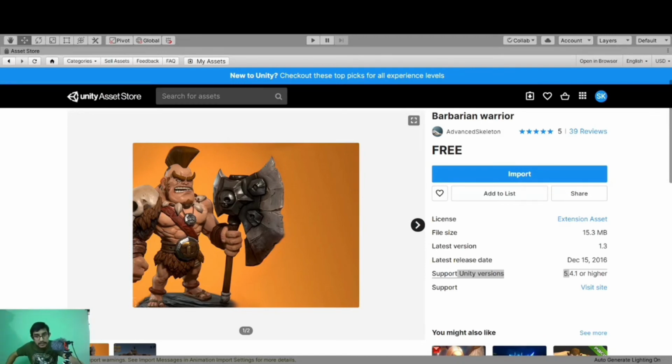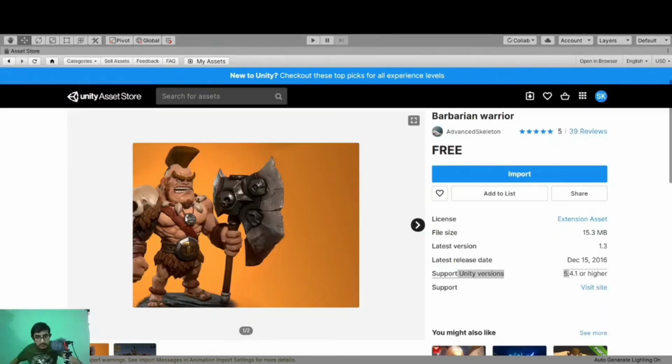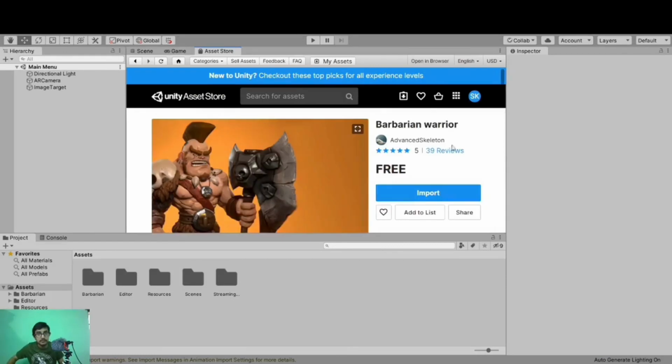So now our package is imported and I will show you in Unity. So let's go back to our regular view. I have switched actually to full view. So again press Shift plus Space and come back to our scene view.